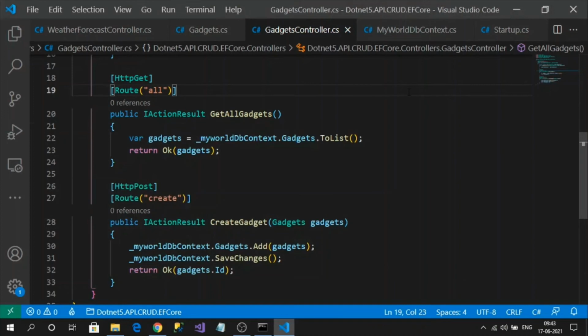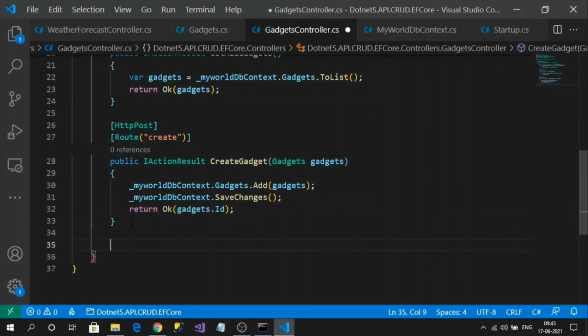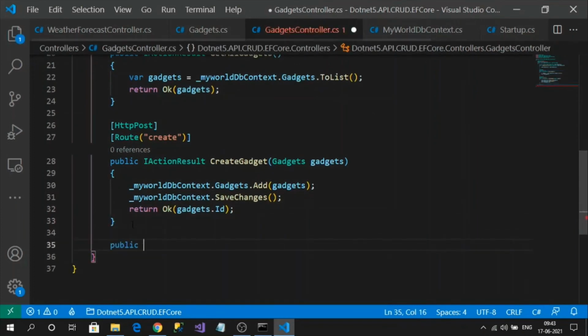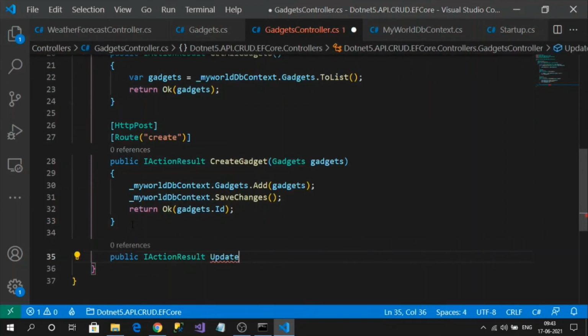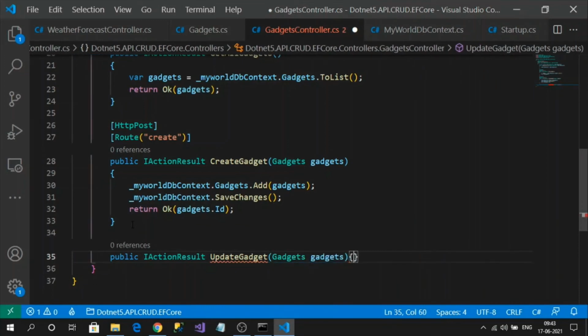Next thing is update. So let's create a new action method for update as well. Public ActionResult UpdateGadget. For update also, the user needs to send the payload of which data is to be updated.